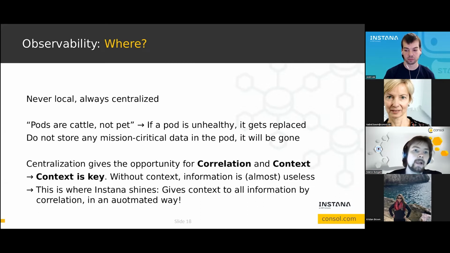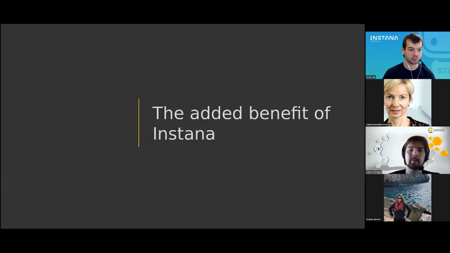As I said before, seeing one line in the log is not what solves the problem or what will give us a clue of what is going on here. What is giving us a clue is the context of everything that is happening. So I have to see what triggered this request that went south. If I see the context, I can infer which use case this is, and I can then infer what the root cause of all of this is. And this is really where Instana shines, because Instana has all this information already centralized and is able to give us some context. So far, are there any questions, Kirsten?